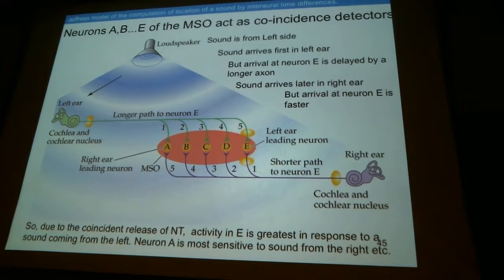Is there any information about the distribution of hair cells throughout the cochlear path? Sorry? Is there any information about the distribution of hair cells throughout the cochlear path that you're crossing? Well, so the hair cells